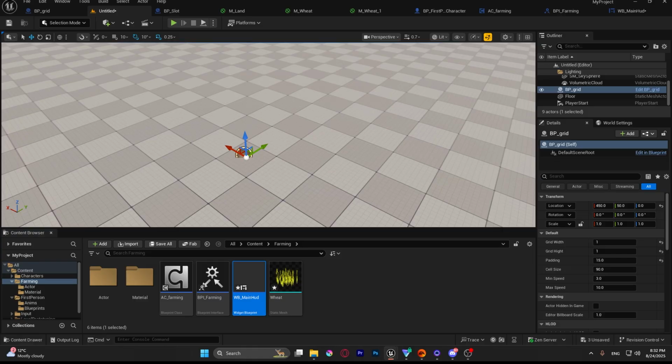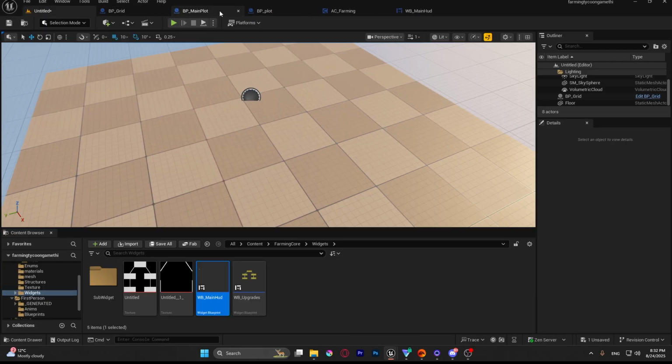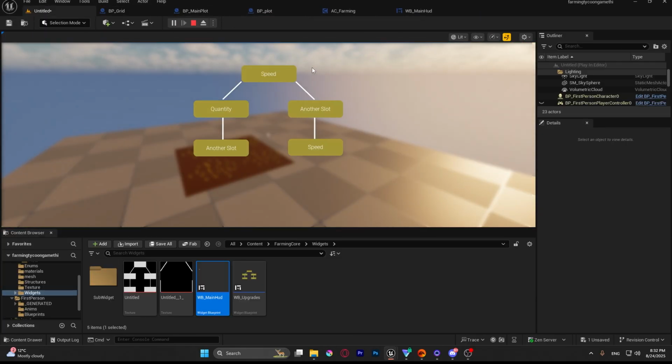You can add upgrades as well, but for my project at the moment, it's still a work in progress. As you can see, we have speed upgrades and other sorts, speed upgrades, quantity,